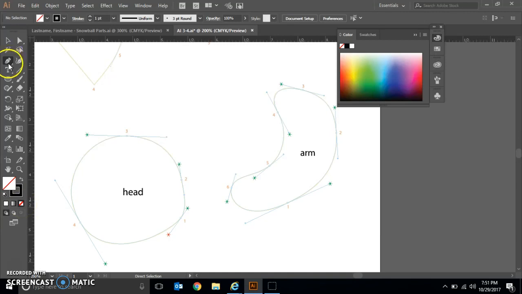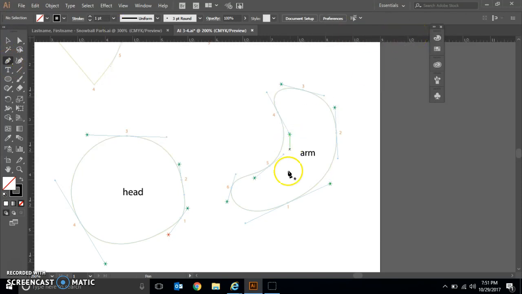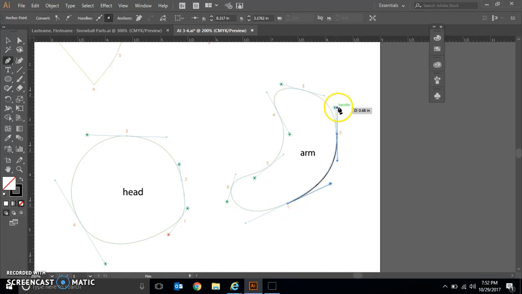So now I want you to make sure that your pen tool is selected, and come to our arm, and we're going to start at point 1 by clicking, and then we're going to drag it over to our green star. Because we're starting on a curved point, we want to make sure that we're clicking and dragging. If we were to start on a straight point, we want to make sure that we're just clicking and then clicking on the next anchor that might be curved. So we're going to start by clicking on our first anchor and then dragging it out to our green star and releasing. And then coming to point 2, clicking and dragging to our green star, trying to line it up as best we can, releasing, click and drag, release,